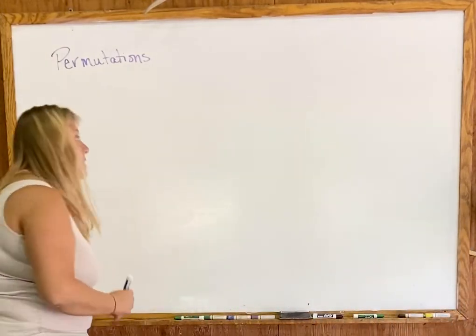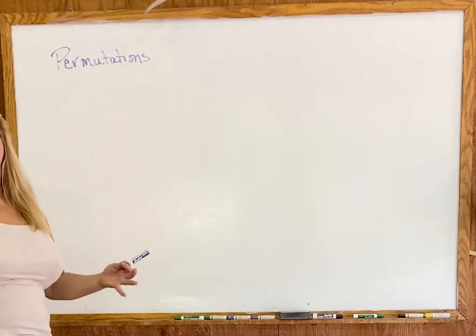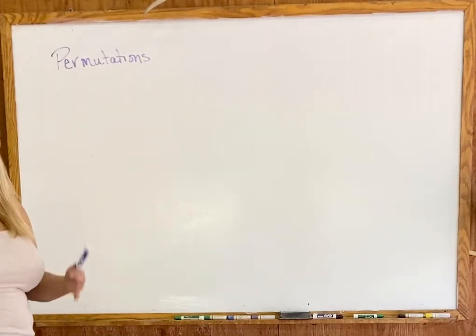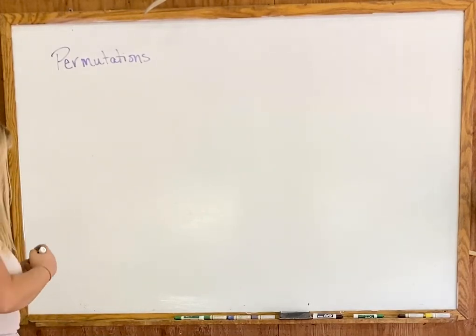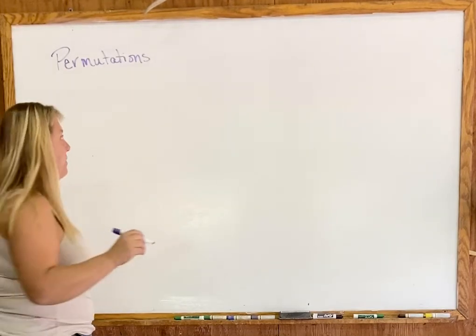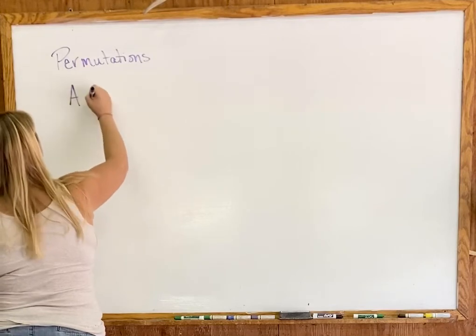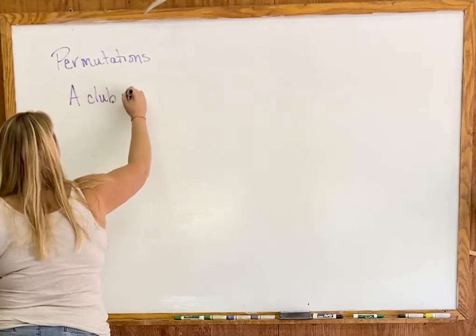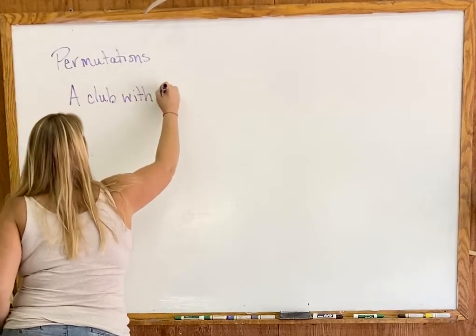Okay, so we're not going to do a definition right off the bat. What we're going to do is kind of start with an example and talk through it a little bit. So let's suppose that there was a club with 5 people in it. So a club with 5 members